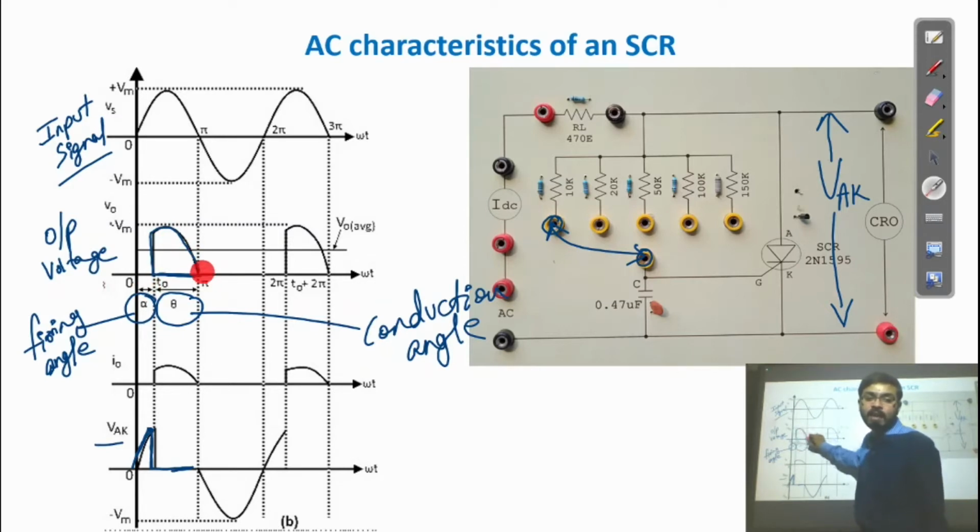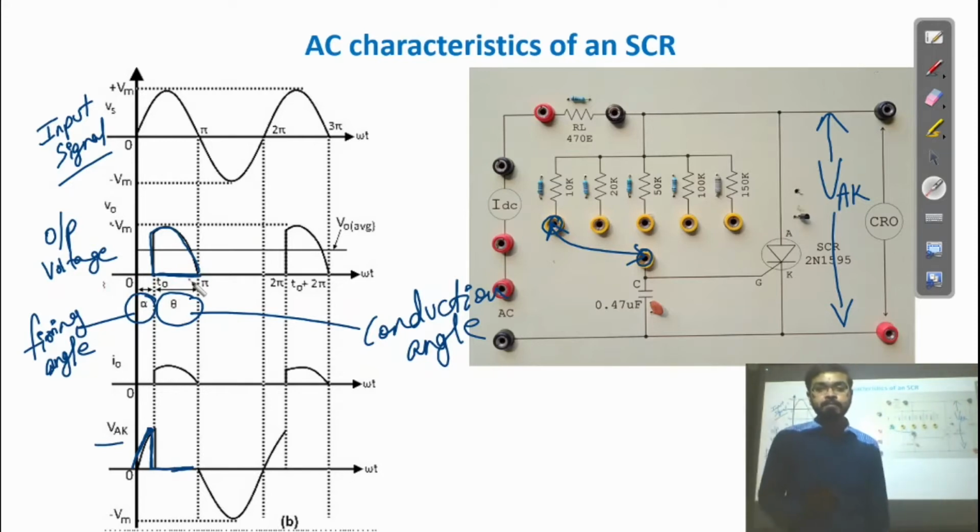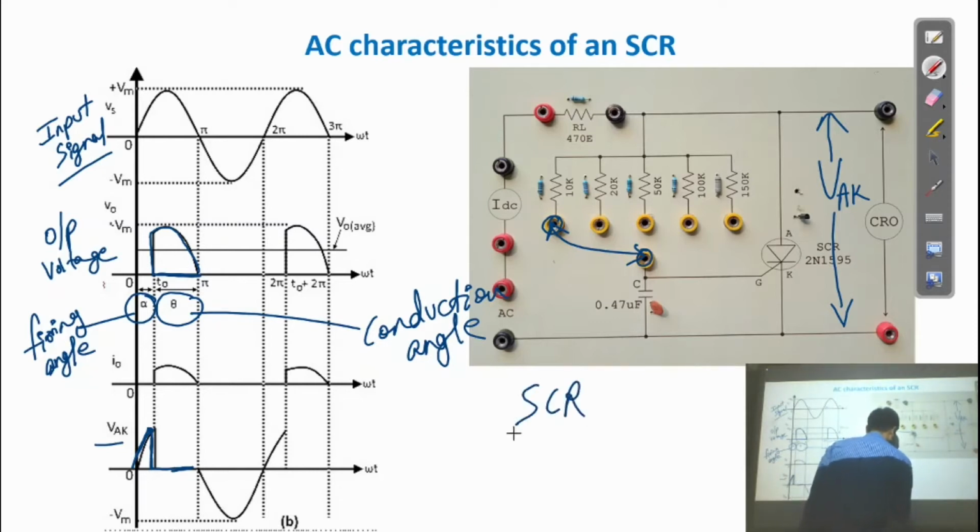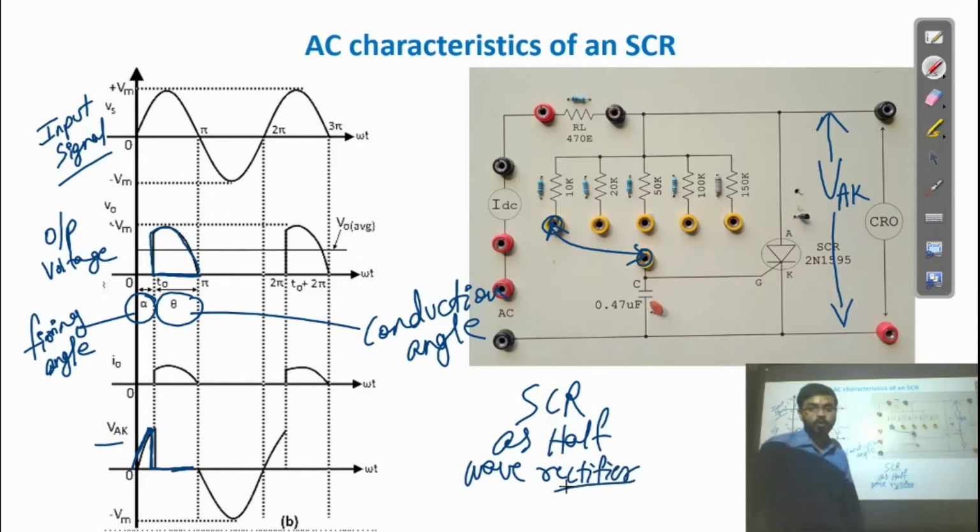This circuit is also known as SCR as half wave rectifier, because SCR is working as a half wave rectifier for the positive peak, and